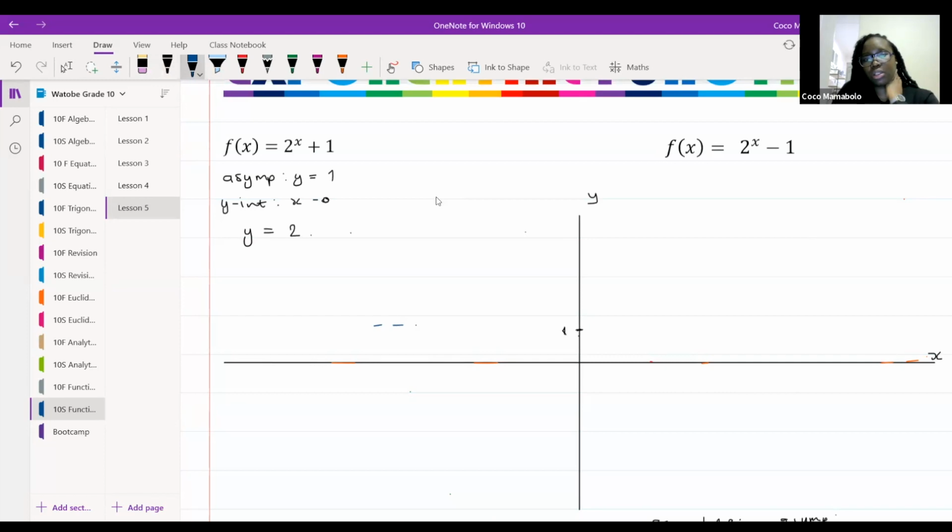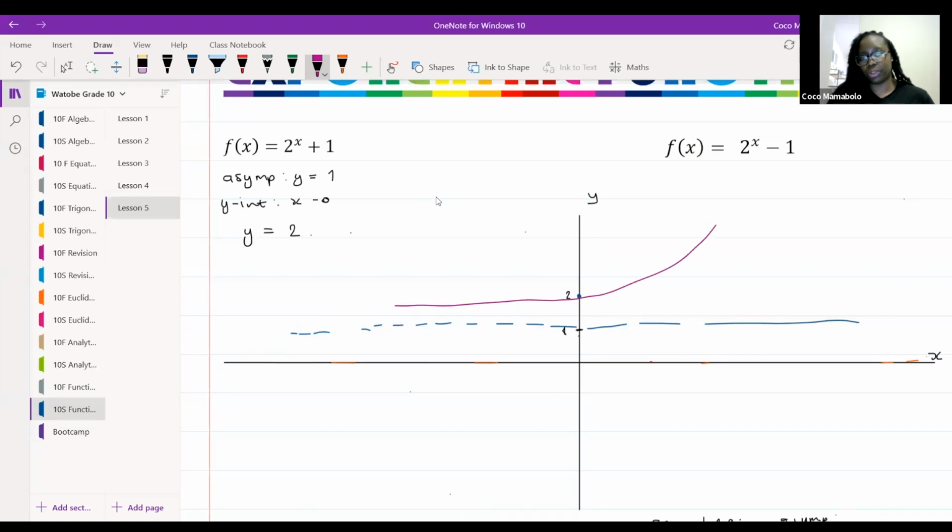Good. There we go. All right. And we said that it crosses the graph at 2. Is it a positive or a negative graph? It's a positive graph. Good. So it's increasing. You agree? Yes. Beautiful. Okay, so increase is going in that direction.